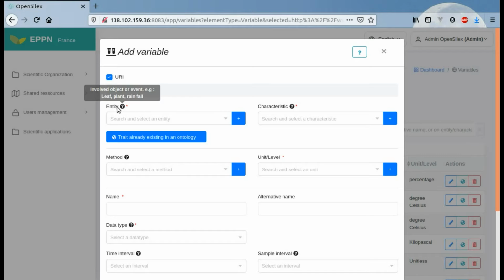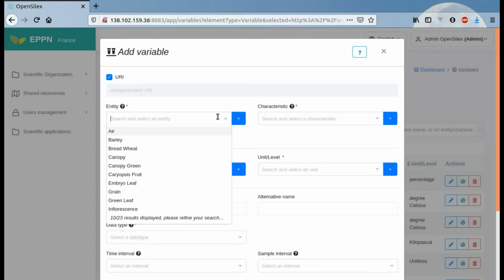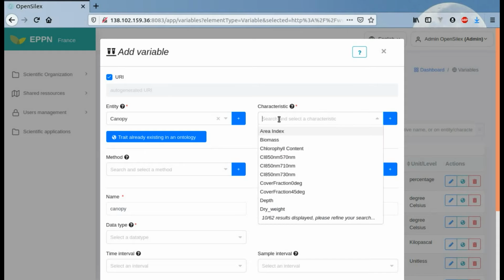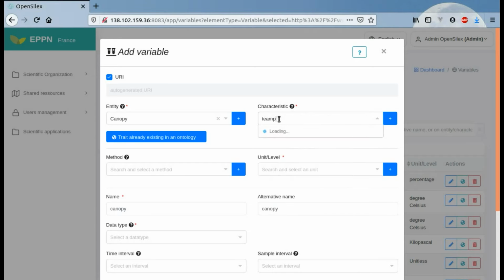The variable has a quadruple definition with an entity, that is the object where the measure is made. So in our example it will be the canopy. Then we have the characteristic, that is the qualitative or quantitative measure that is made. So in our example it is temperature.